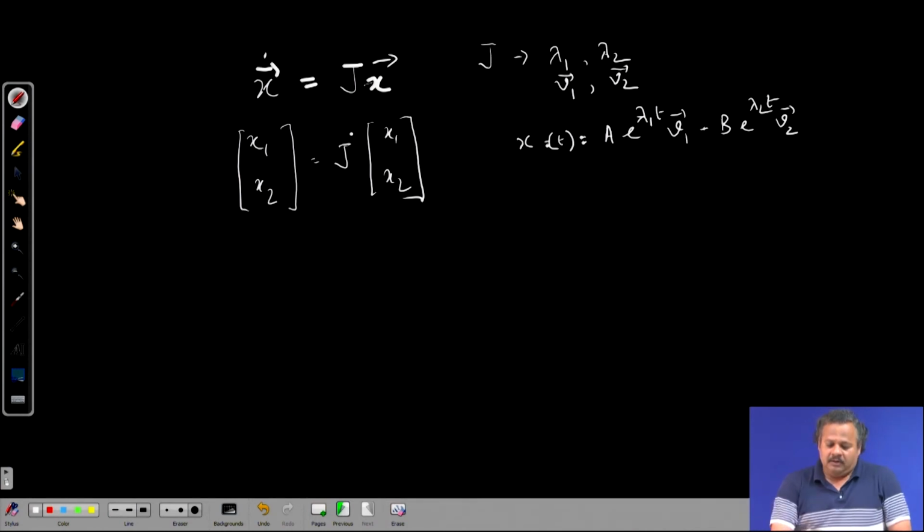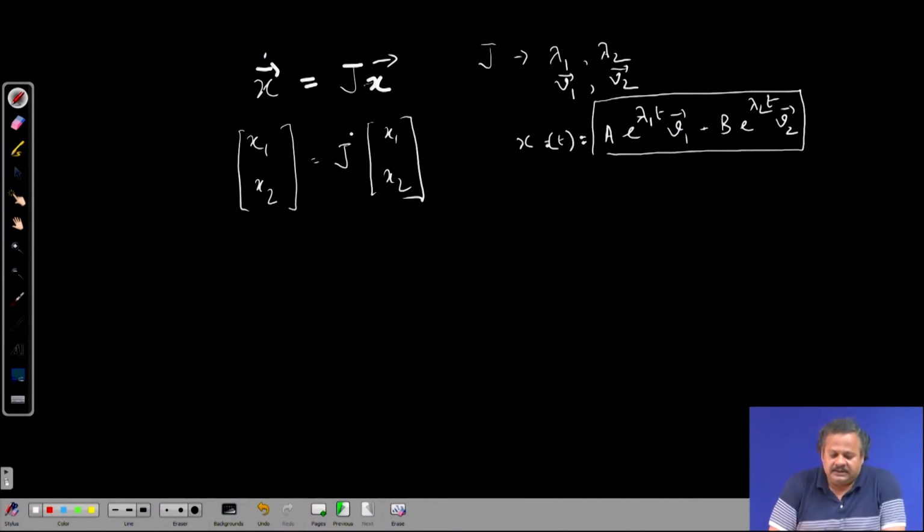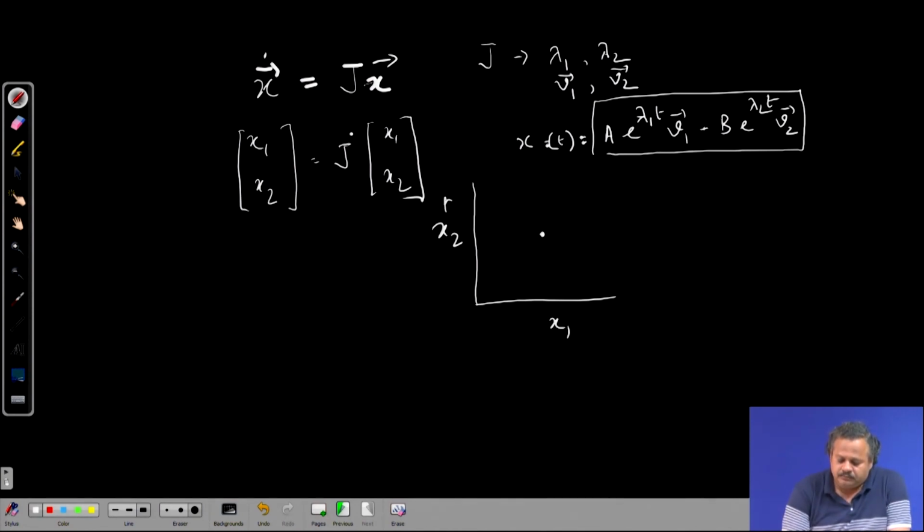You can check yourself that this is the solution by plugging it into the x dot here and x there, and you will find that this is indeed the trajectory. So, the behavior of the system near the equilibrium point, let us say here this is x1, this is x2, will be determined actually now by these eigenvalues lambda 1 and lambda 2,